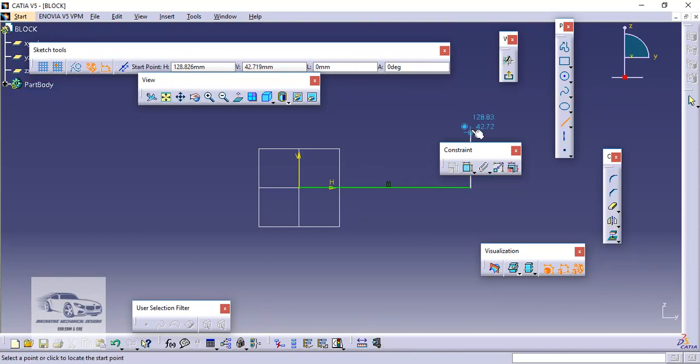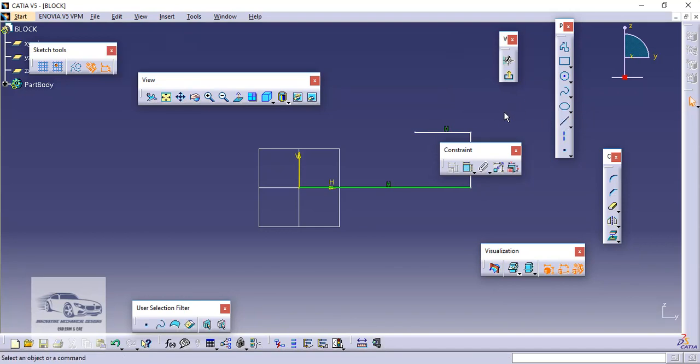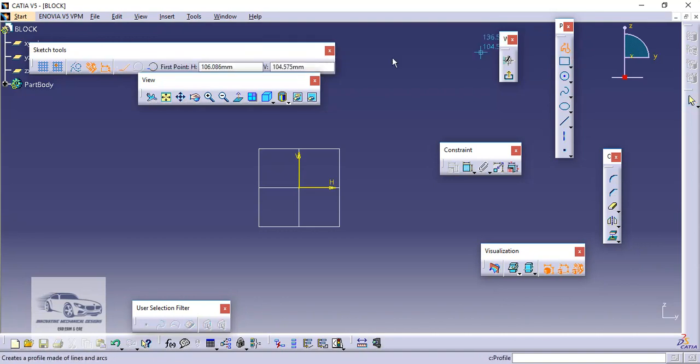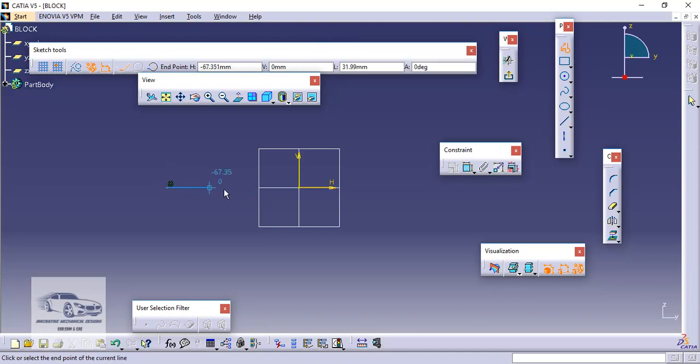But this is a little bit time consuming. So in order to draw the profile faster, instead of line, I can choose the profile option here. So this helps me to create the continuous segments of line in a little bit faster manner. So first I will create just a rough profile.